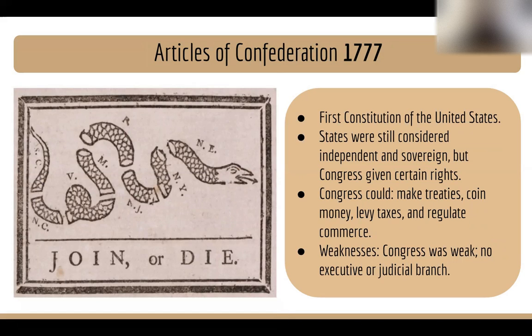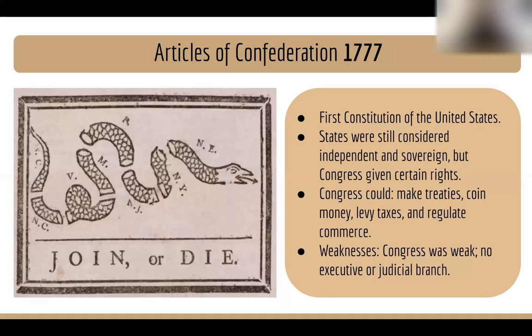And so next you see the creation of the Articles of Confederation in 1776. And this is the first constitution of the United States, right? And so by now the colonists are fighting the British Crown, and they need some sort of document that serves as a constitution, right? And so the Articles is that document, right?